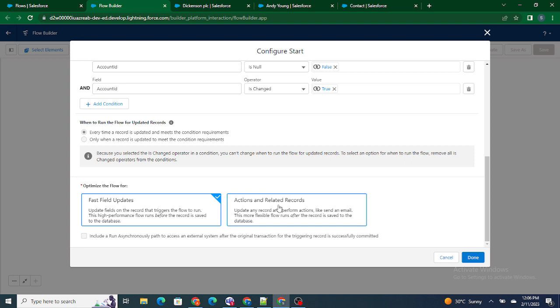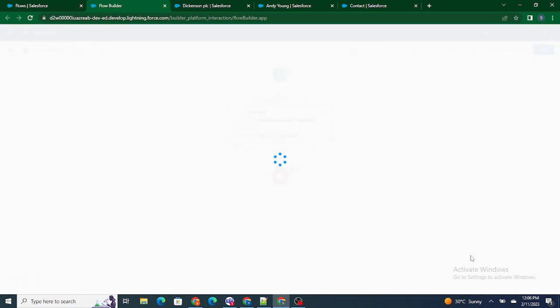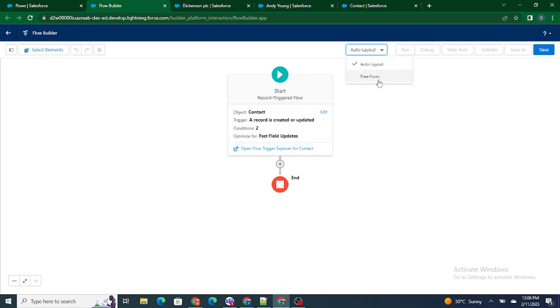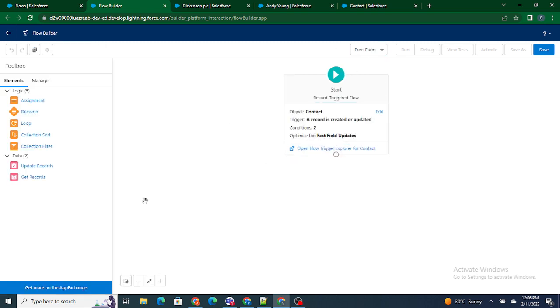But if we want to update a case or opportunity, in those cases we can use actions and related records. So I'm going to select fast field updates and click on done. I like it to be free form because it helps me to understand, and I have been working that way only. So the flow will get fired. The next thing we have to do is